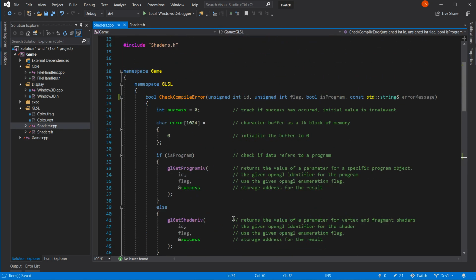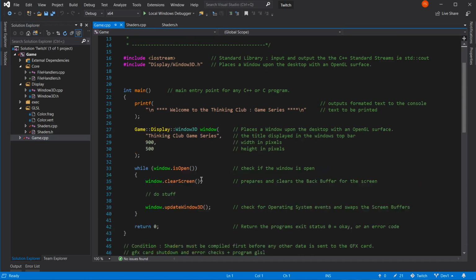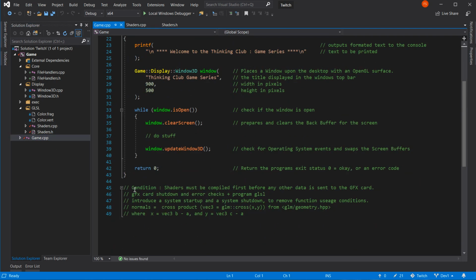So now we don't have this as a problem anymore. So back in game.cpp, I can remove that note. There's no conditions left. Done.